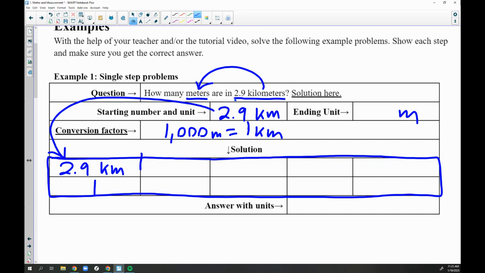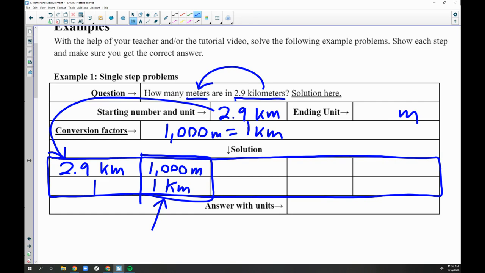And we're going to multiply by our fraction right here. Okay? So we're going to have either 1,000 over 1 or 1 over 1,000. It could be either of those. It depends on what we're trying to do. So what are we trying to do in this case? We're trying to cancel kilometers and convert to meters. So what do I want to put on the bottom of this fraction right here? I want to put kilometers on the bottom. And it's 1 kilometer. Sometimes people try to put 1,000 kilometers or something. And it's 1 kilometer equals 1,000